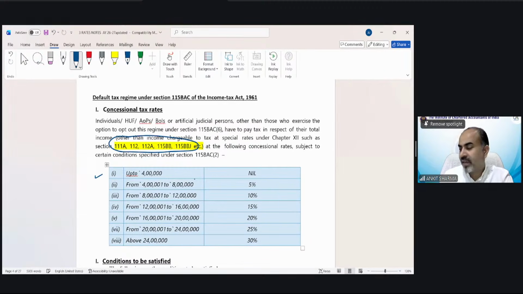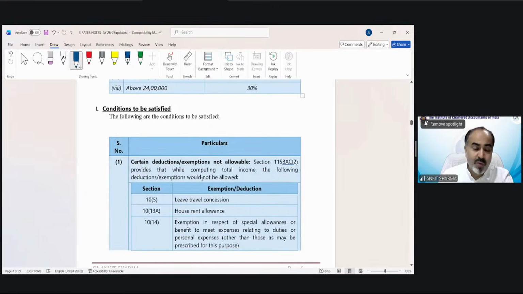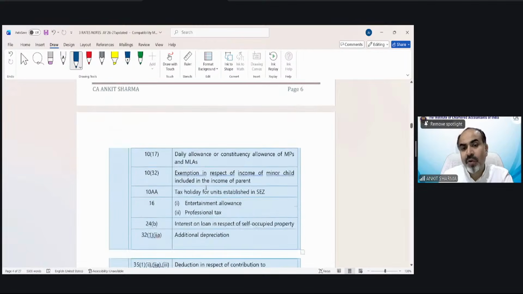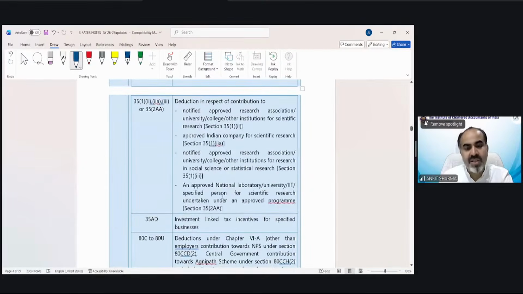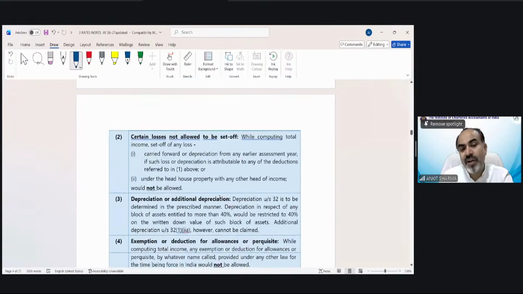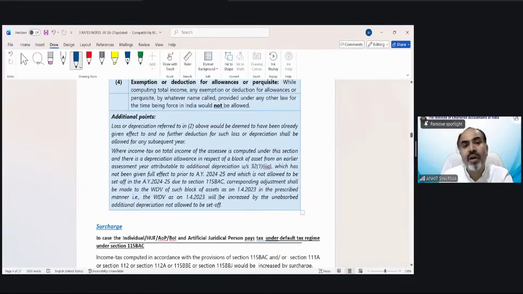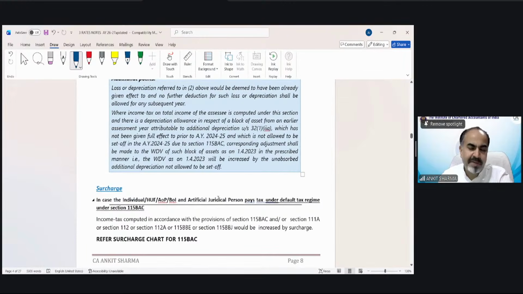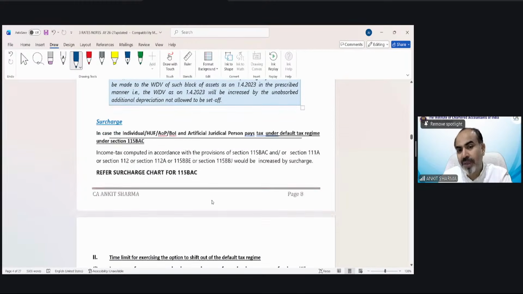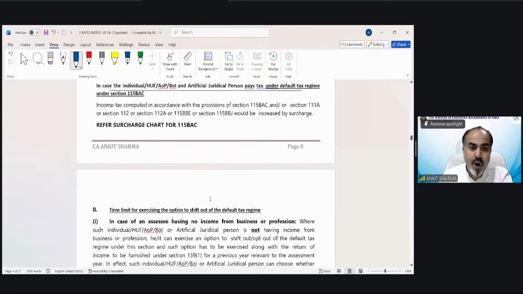So up to 4 lakh, it's nil, 5% you can go through it. If you want to opt for the default tax regime, there are certain deductions, etc. that you have to leave. You cannot take the benefit of these deductions if you want to go into the default tax regime. These deductions and exemptions are going to be discussed in the respective chapters because they are connected with salary, house property, PGBP, and deductions chapters. So you will understand which kind of benefit we have to leave if we go under the default tax regime, not relevant for this basic rate of tax chapter. Now the surcharge provisions are the same for the default tax regime and the optional tax regime.